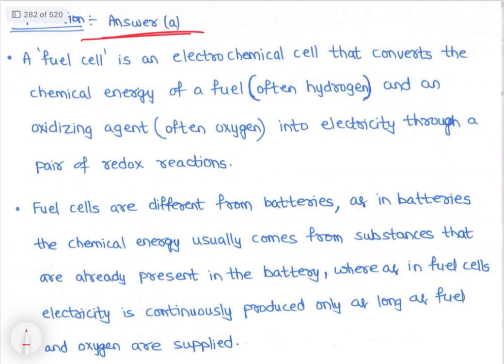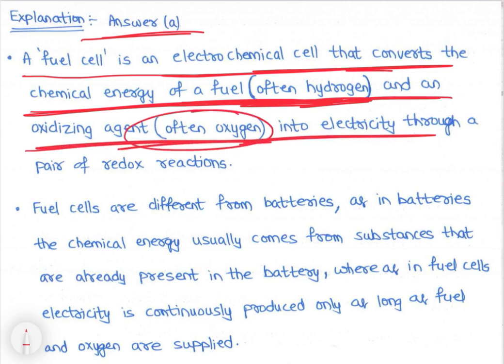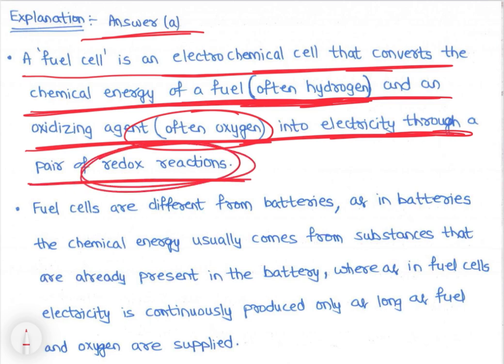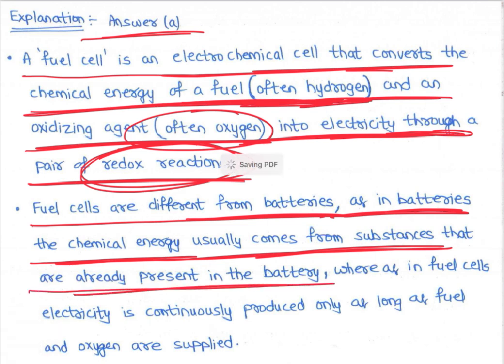That is C. Let's check about fuel cell technology. See, a fuel cell is an electrochemical cell that converts chemical energy of fuel, often hydrogen, and an oxidizing agent, often oxygen, into electricity through a pair of redox reactions. Fuel cells are different from batteries, as in batteries, the chemical energy usually comes from substances that are already present in the battery, whereas in fuel cells, electricity